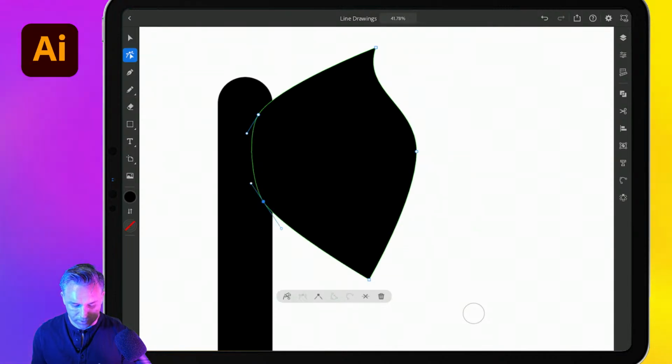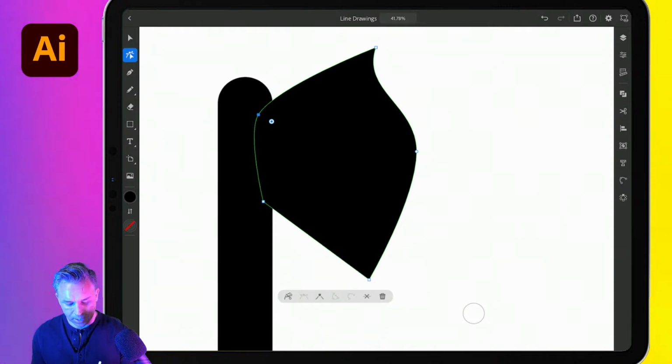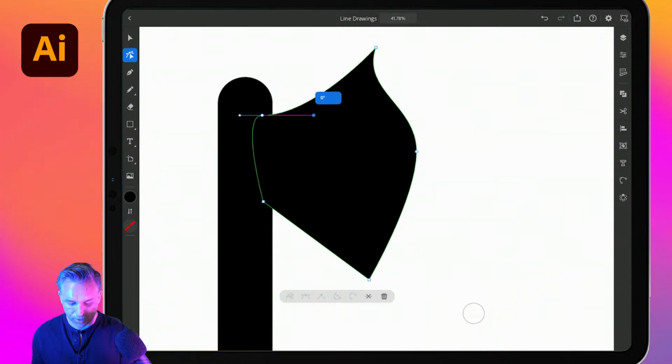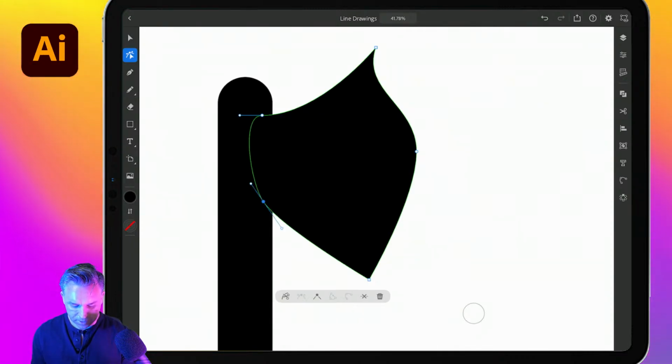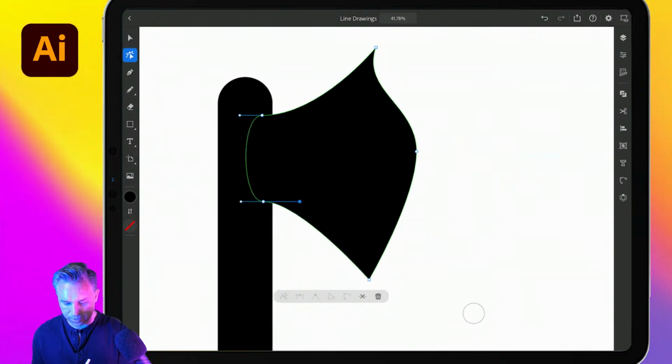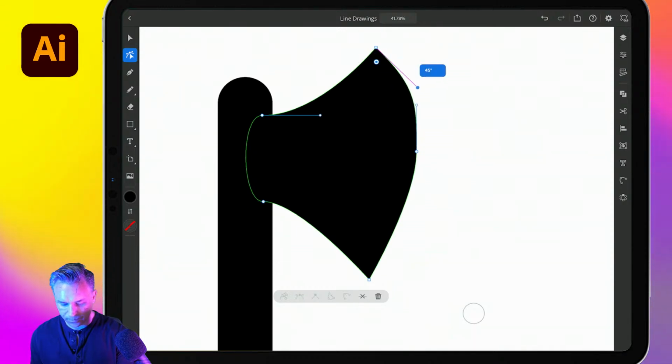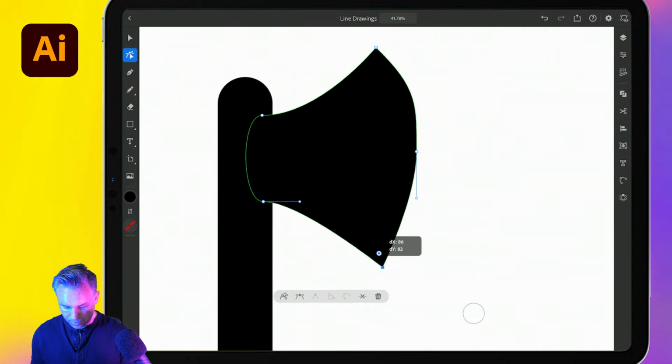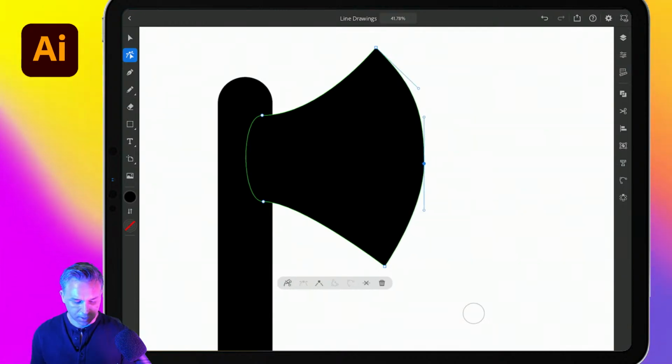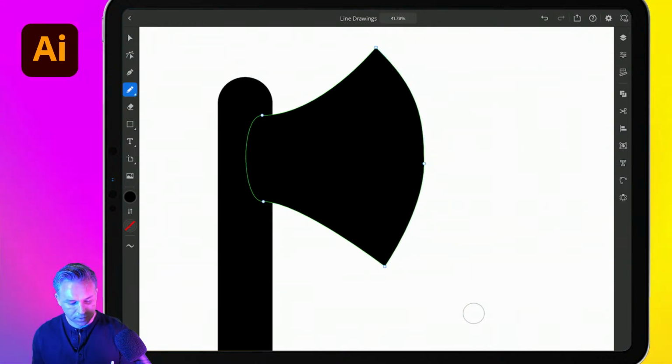Double tap to convert these points, either Bezier or remove the Beziers just by tapping again, right? I actually want these to go straight out. Because I want it to go straight out, I could do 0 degrees. Tap on that one. Let's go straight out, 0 degrees. Like so, you get the idea. Okay. Line those up like so. And I would do a lot more with this, but again, since somebody did mention that, I will jump in. Let's just curve this a little bit on the ends just to make it look a little bit more friendly, right? And then we have our lovely